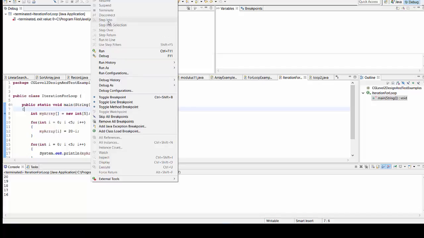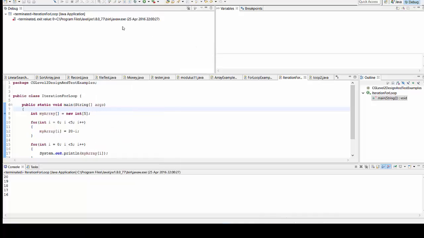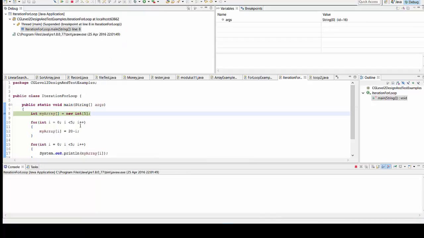The difference between step into and step over is that if you call a function or a method from another method, then if you do step into, it'll go into the other method. If you step over, then it'll just do a call to the called method without actually stepping into the called method's code. Okay, so I'm going to click my F11 key to start this off, and you can see